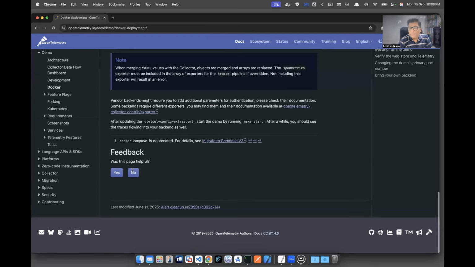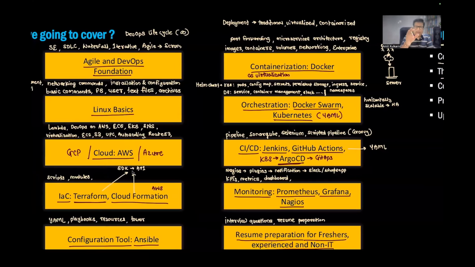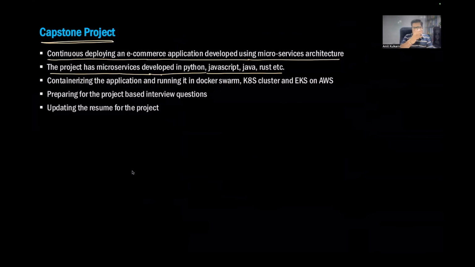So probably this will help us to understand how these different types of applications get containerized in Docker Swarm, and then we'll do it on Kubernetes twice, once on our local cluster, and then we'll do the same thing on EKS on AWS. So this is a big application that we are going to deploy in multiple different ways: on AWS using EC2 instances, later on our Kubernetes cluster, and later on EKS. Again, it's a Kubernetes cluster, but we'll be doing it on the cloud on AWS, right? So I think, Pranav, that answers your question.